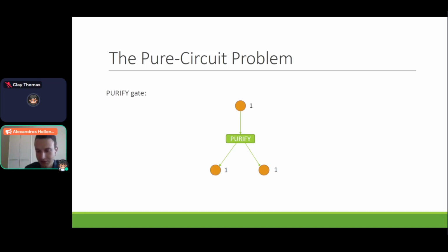Okay, and the interesting part, of course, is what happens if you give it a garbage bit as input, namely something that's strictly between 0 and 1. What do you output then? Well, the only constraint is that the PURIFY gate requires you to output at least one pure bit, namely at least one of the two outputs, no matter which one, should be a 0 or 1. Again, the gate doesn't care about whether this is a 0 or a 1.